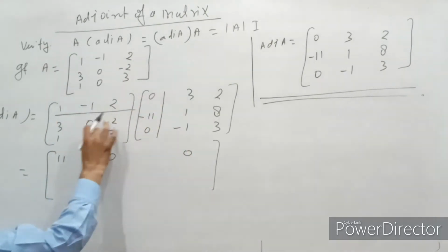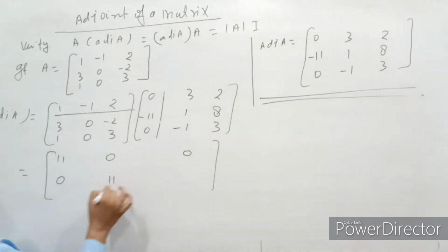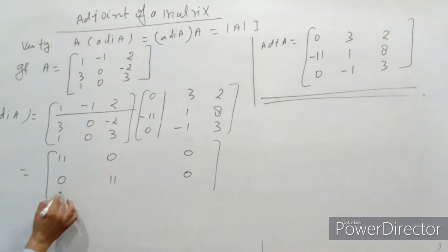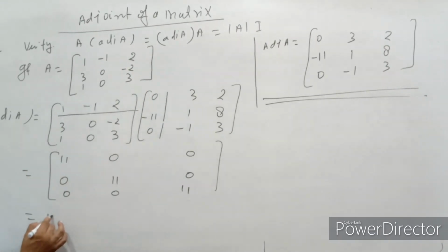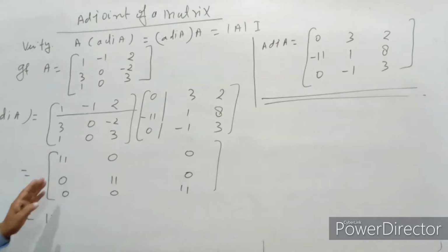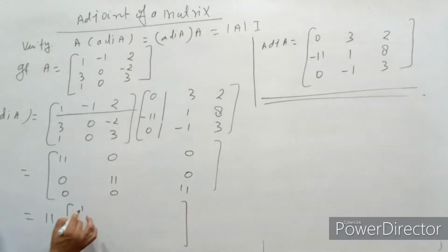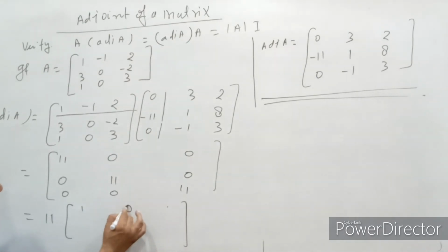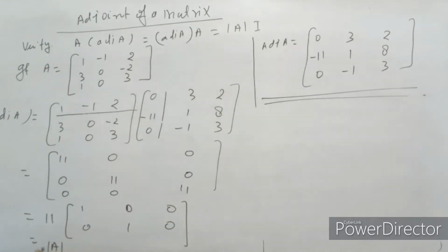Now 3 0 0, that is 0, 3 3 is 9, 0 or 2, 11. Similarly, we find the 0 and so on 0 or that is 11. और this is equal to, अगर हम लोग यहाँ देखें तो इसमें डेट ए की वैल्यू हम देखें तो 11, हमने पूरी मैट्रिक्स से कॉमन लिया तो वी गेट दिस इज 11 times the matrix 1 0 0, 0 1 0, and this is equal to value of the det A into I.